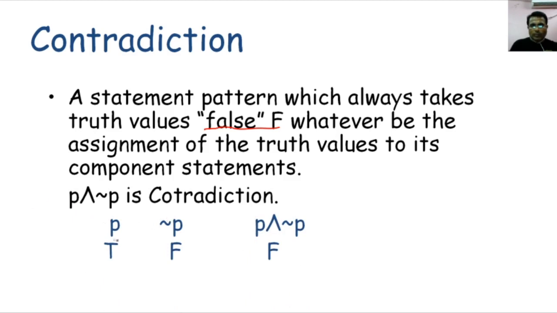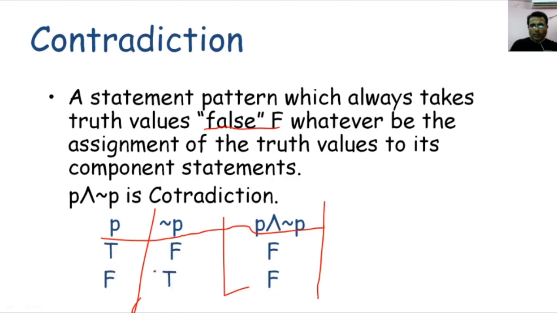This is P, this is negation P. If P is true, then negation P is false, and true and false is false. Similarly, next, P is false, then negation P is true, again true and false is false. So therefore it is